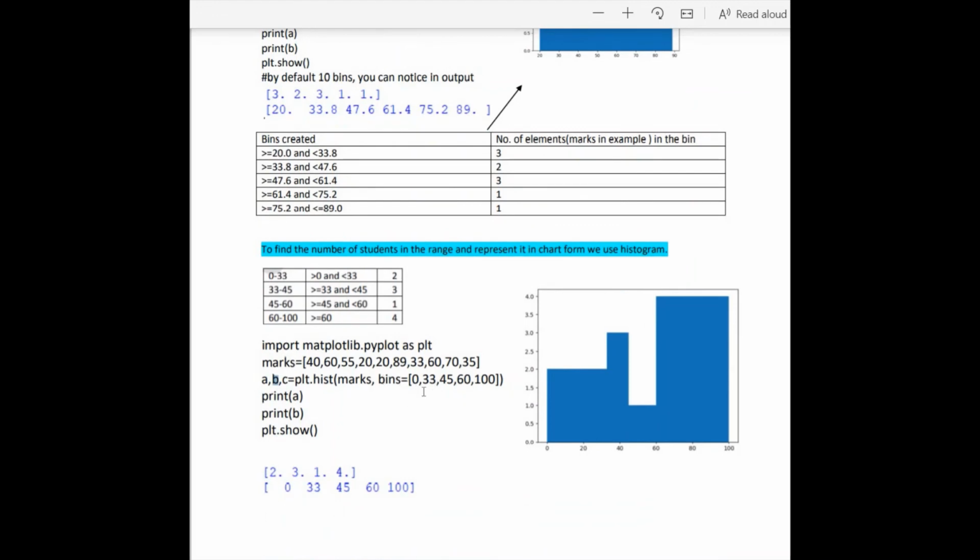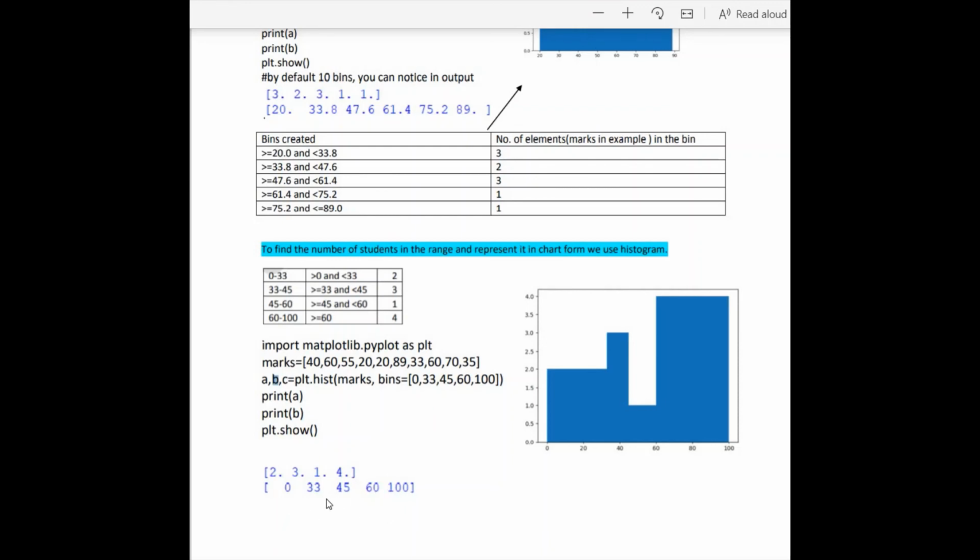We are saying bins equals a list of values like 0, 33, 45, 60, 100. And this is the output of print B, and the first line is the output of print A. So 0, 33, 45, 60 and 100 have been used.